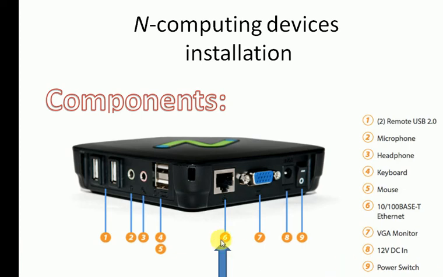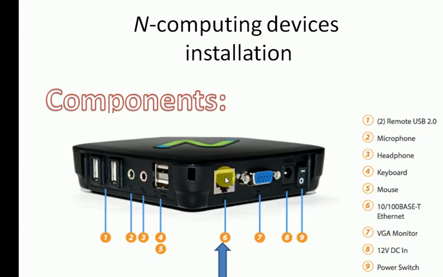This shows a LAN connection where the main PC is connected to this port, either with a switch or in a PCI LAN card. Here numbering is given, and this picture is from Google sites, but I will illustrate it one by one. These two ports are for USB, where a pen drive, flash drive, etc. can be added, and this is microphone and headphone connectivity. 4 and 5 are for keyboard and mouse, each with an appropriate symbol, and this is Ethernet,